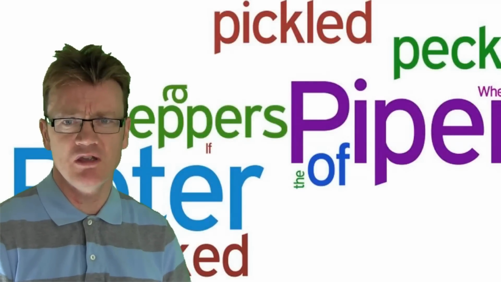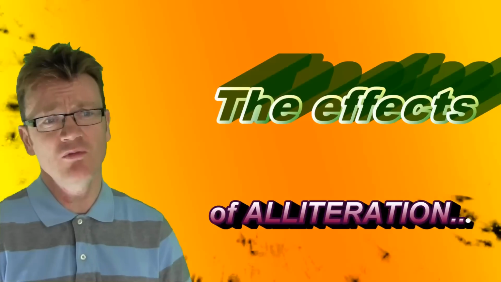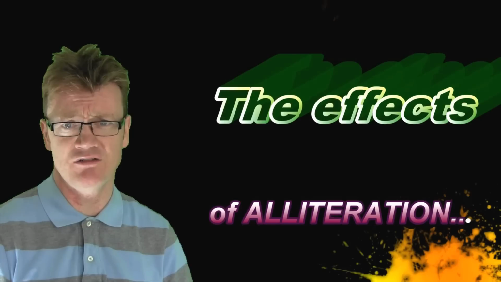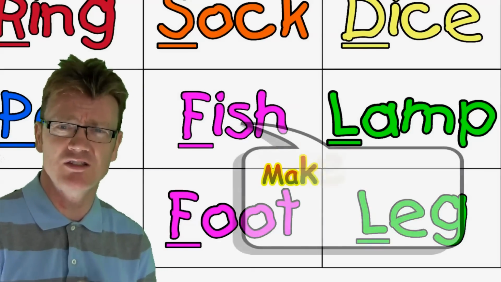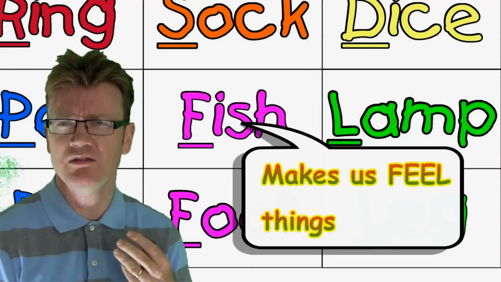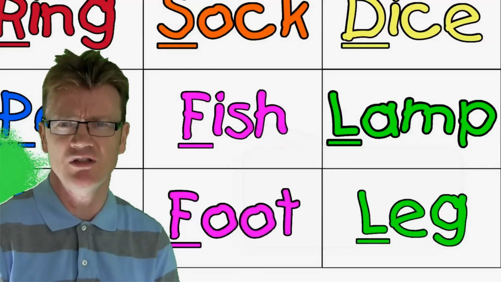But perhaps when we analyse literature, we have to talk about the effects of alliteration. So we could relatively easily talk about the effect of that alliteration. It creates the feeling of a tongue twister, and creates a humorous effect. So it makes us feel things, doesn't it? It makes us laugh. And it also has the peculiar effect of drawing attention more to the alliteration, to the